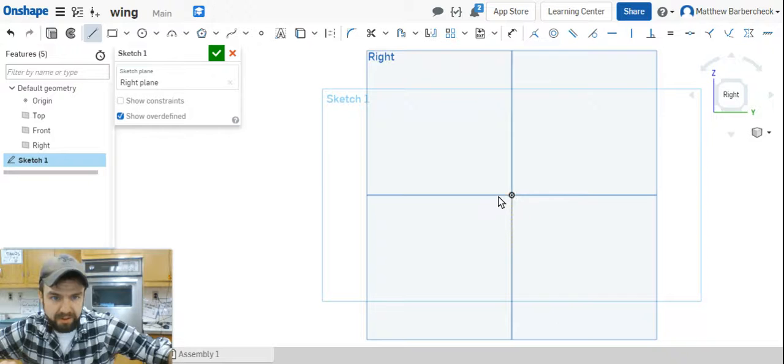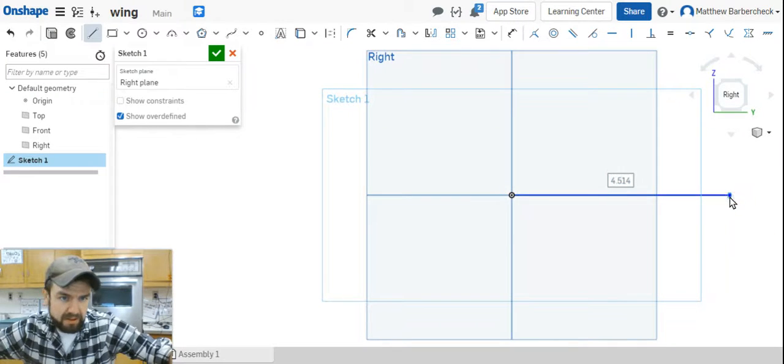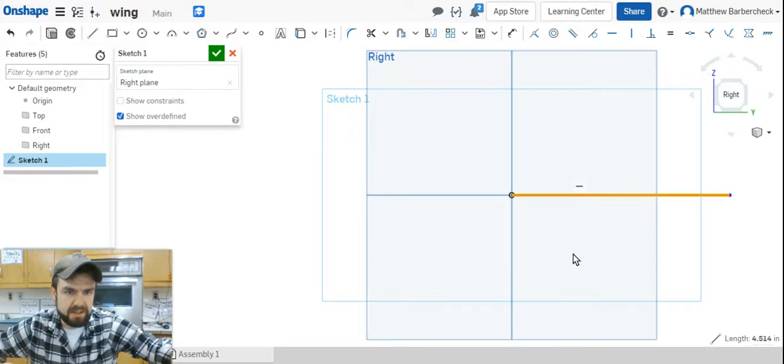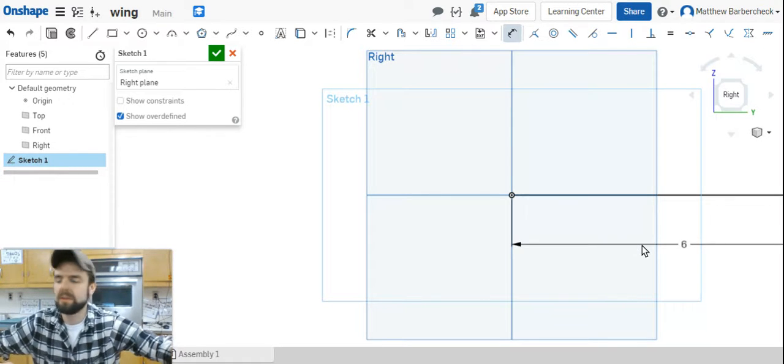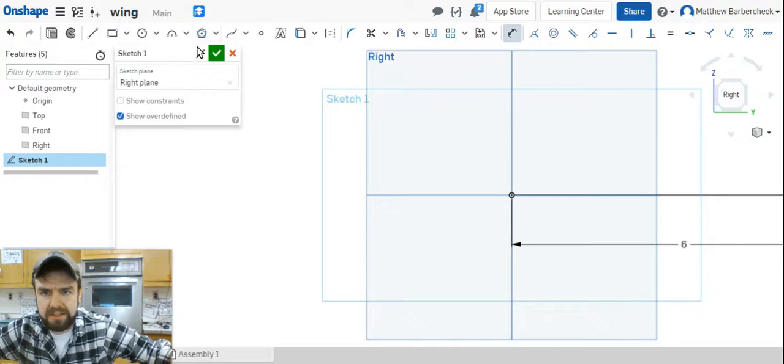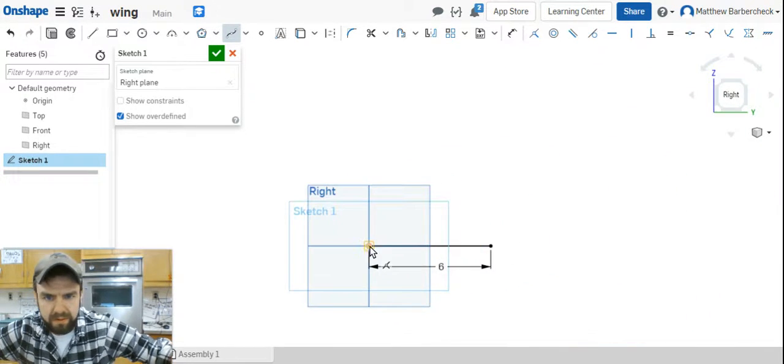And then we'll go ahead and do a line here. We're going to dimension that out to be 6 inches long. And what we need to do is create a spline. All right, and this is going to be kind of an organic